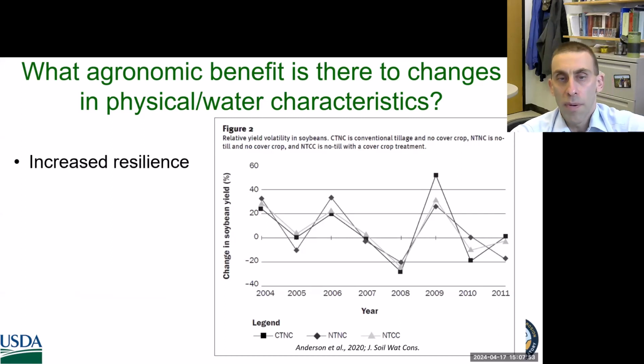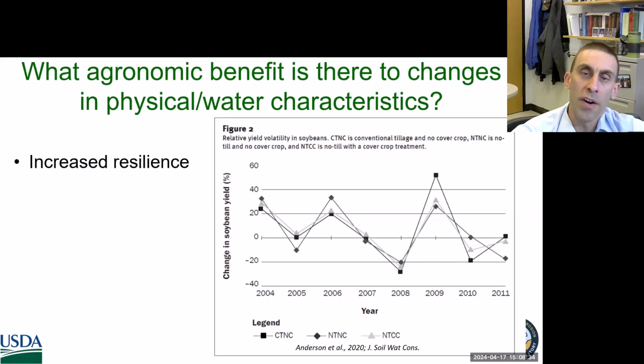Okay, so there are water quality benefits to those improvements in physical properties, but also agronomic ones. And this is probably, in my opinion, the greatest benefit of improved soil health: the improvements in these physical properties, particularly related to water, because ultimately this can result in increased resilience of your crop yield because of the changes in water holding capacity and everything related to water. And by resilience, what I mean is